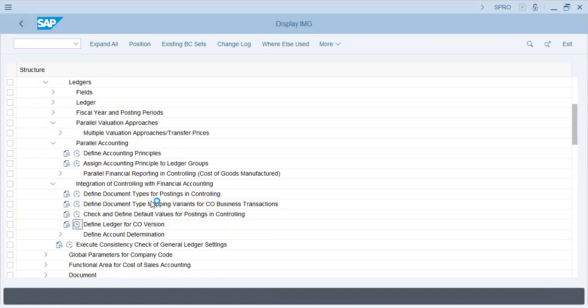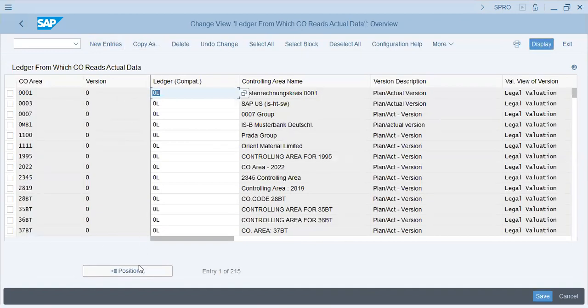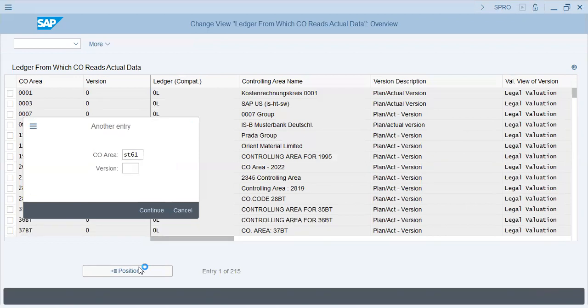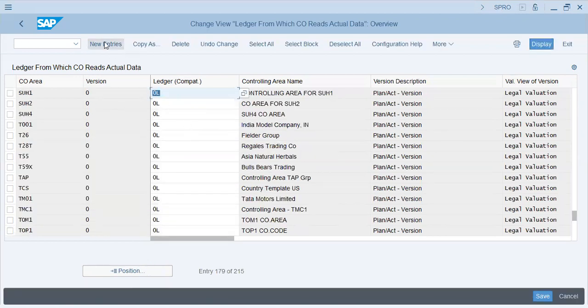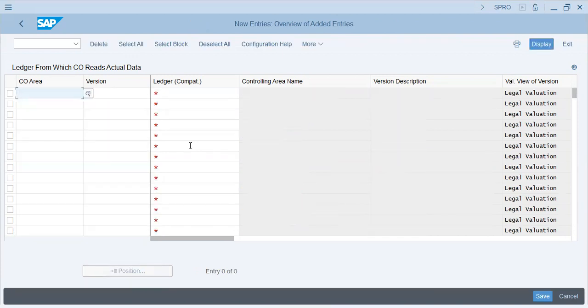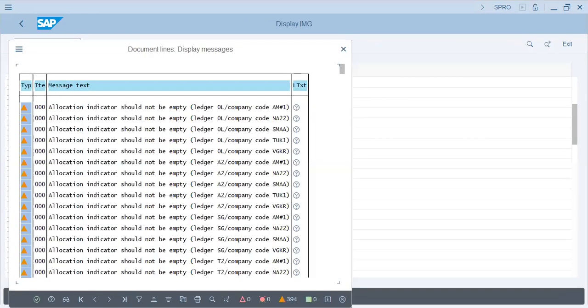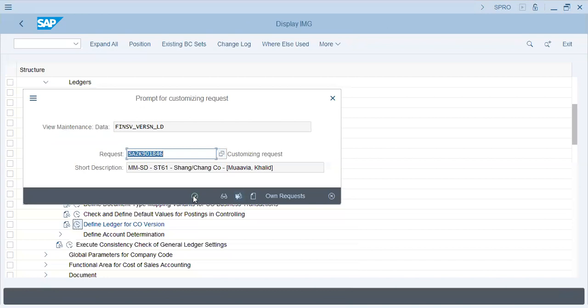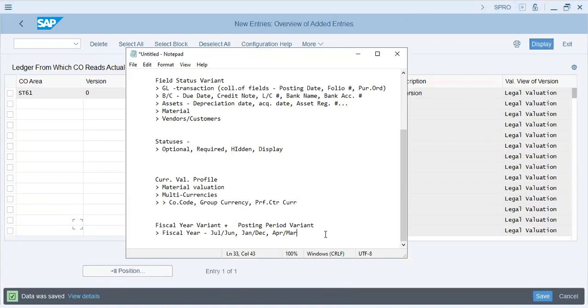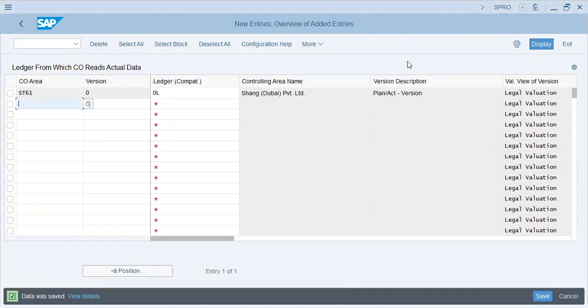Define ledger. ST61, it's not done. Okay. ST61 version 0, ledger 0L. Now, what is this? I'll explain this in the next lecture. Save. So I'll close our lecture today here because this might be a little bit